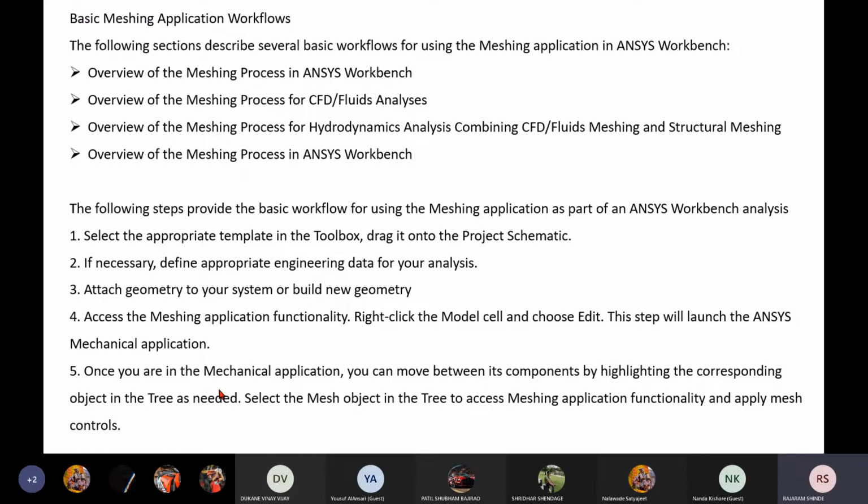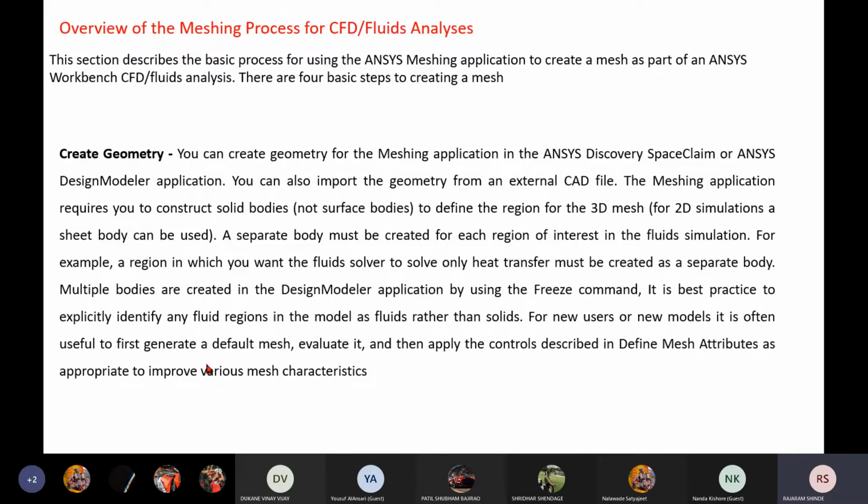Through that tree outline you can move from one object to the other whenever you require. Now select the mesh object in the tree to access the meshing application functionality and apply the mesh controls. There are different controls in the meshing that you can apply through the details view in meshing.